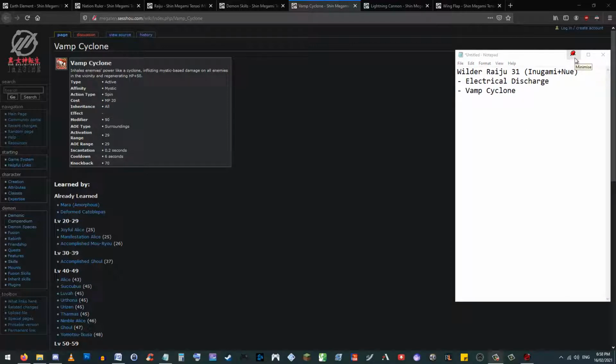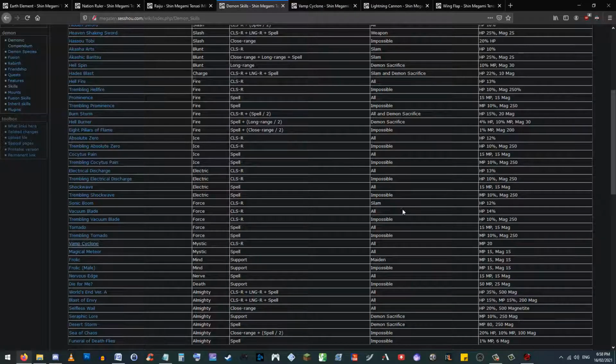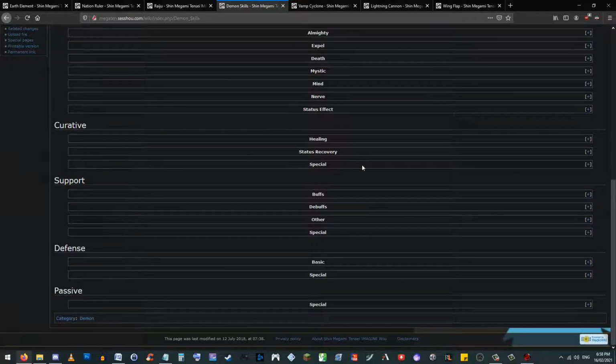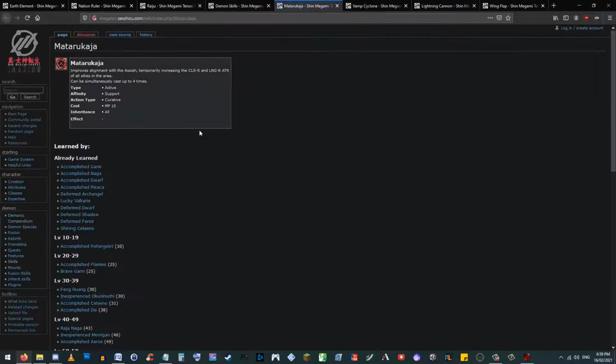So from here I'd like to add a buffing move and a reviving move. So we'll head back to the demon skills, we'll close off Spin, and we'll head down to Curative, where actually it'll be Support with the buffs. Now I just know that Mataru Kaja is the one we're after, so we'll open that up and take a look. So we can see that this is an AoE buff, allies in the area are buffed,